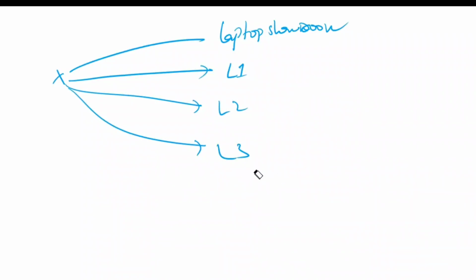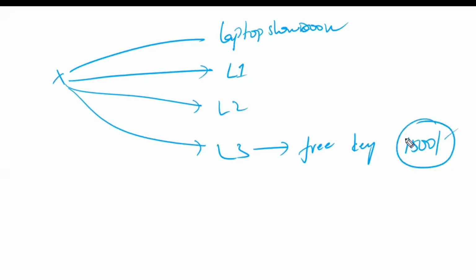Now I want to attract the customer by selling laptop 3. What do I have to do? I add an offer: sir, if you purchase this laptop, you get a free keypad and mouse worth 1,500 rupees. Now the person will think about this 1,500. He will forget about the configuration and the company name. He will think that if he purchases this laptop, he gets an additional item, so it is good value for money, and he will purchase. Actually, this is not worth 1,500; the MRP will be 1,500. Again, for this 1,500 also, they are going to get some profit, right?